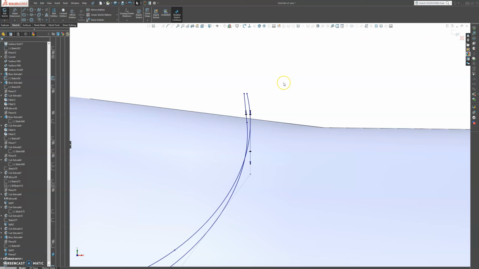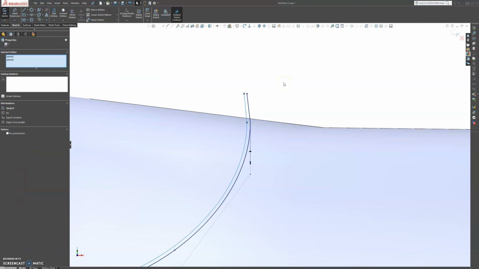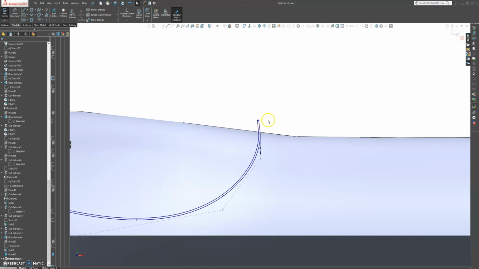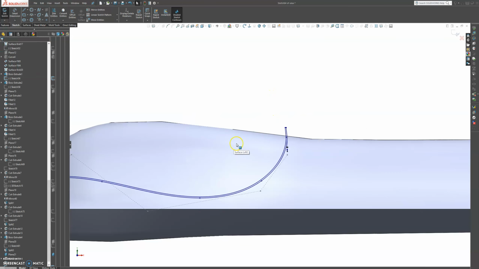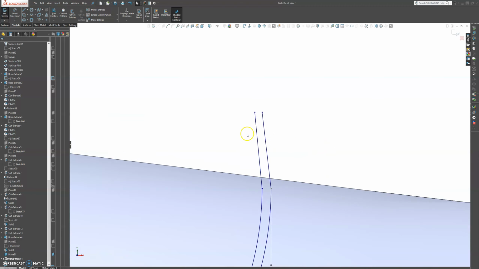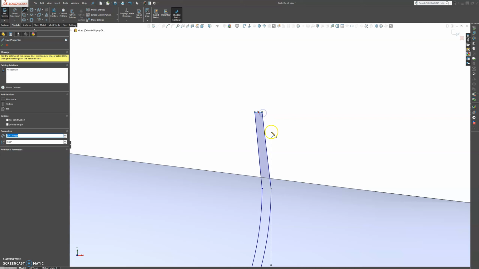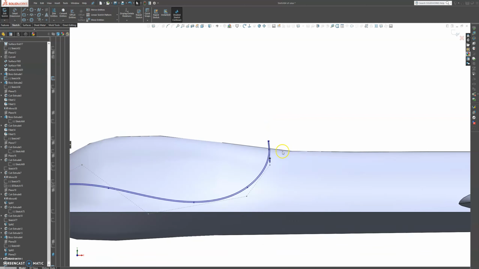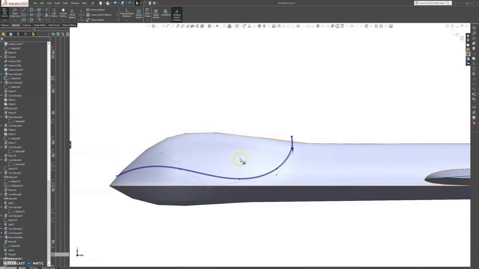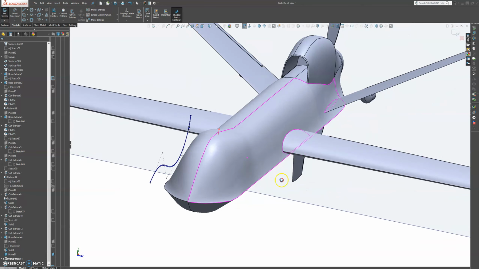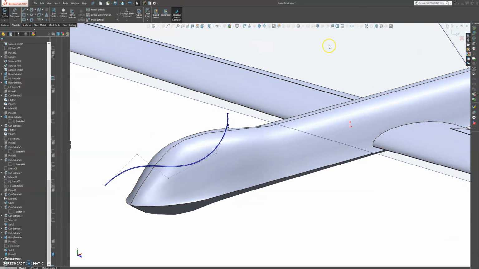So alright, so let's go back and alright, so I'm just going to leave that like that. I'm going to close up the sketch. I'm not going to mess about with this one too much. Okay, so now it's one closed sketch,